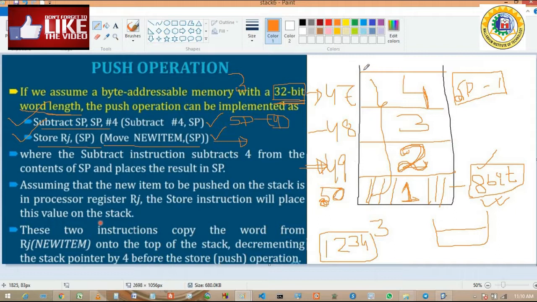To store 32-bit data, we have to decrement the stack pointer by 4, that means 1 2 3 4. After that, from 46 onwards we can store the next 32-bit data. That is the meaning of the stack pointer being decremented. I am again repeating: if the machine is 8-bit and data is to be stored as 8-bit, you decrement the stack pointer by 1 and store the new element at that location. But if the machine is 8-bit and you want to store 32-bit data, that requires 4 addresses, so you have to decrement the stack pointer by 4